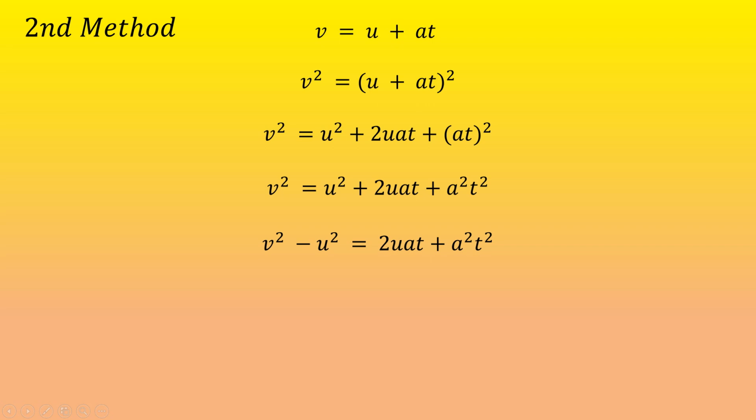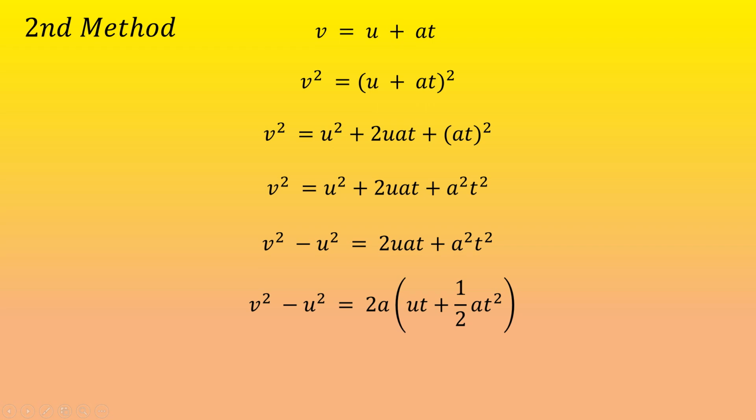When I do that, I'll get v square minus u square. I'm taking 2a common, so I've taken 2 and a common, so I will be left with u into t. Yeah, ut plus, since I told you multiply and divide with 2, you will get anyway 1. So I have already taken 2 out and a out. So I will have 1 divided by 2 into at square. I have taken a out, so I'm left with 1 inside and t square.